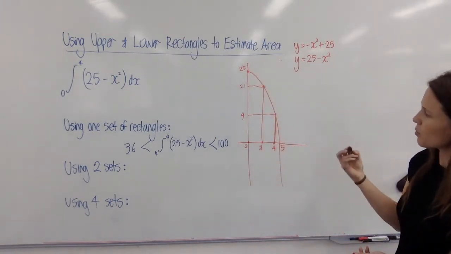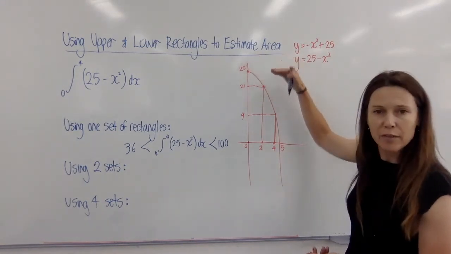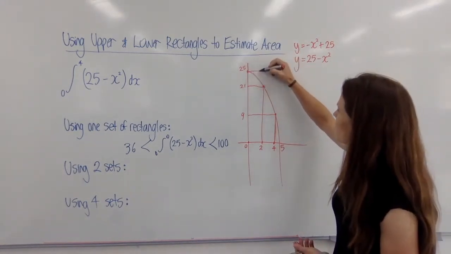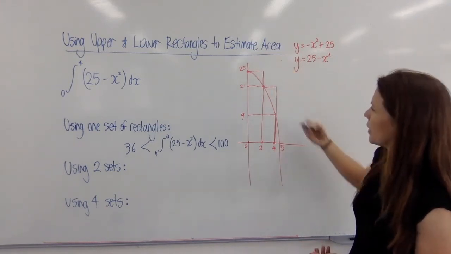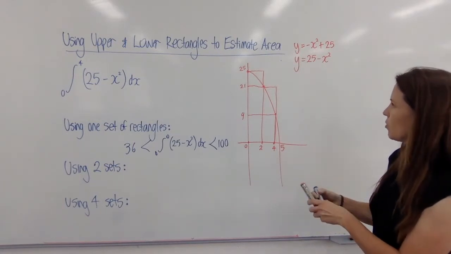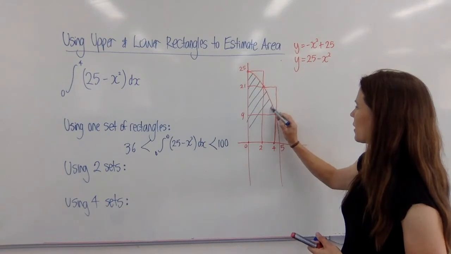Okay, now I need to just make sure we've actually got 2 sets of rectangles, some that go above the curve and some that go below. So I'm going to go ahead and draw another box up here and another one out wider. Now you can see that the area that we're actually looking for is this part that I'm going to shade blue,